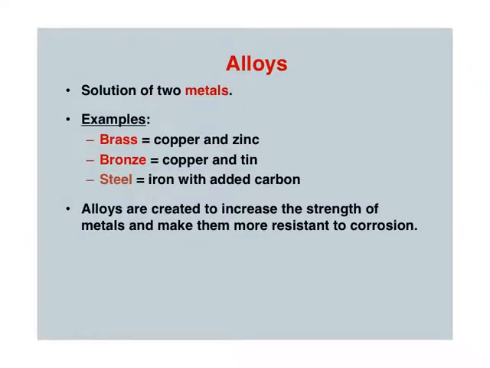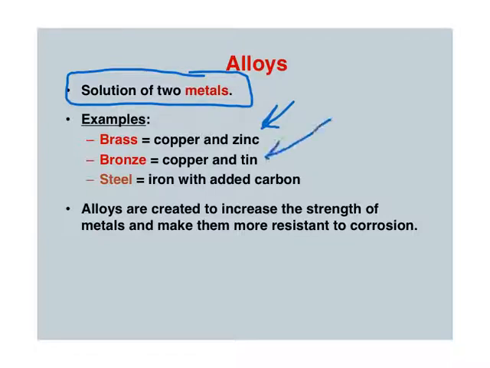Oh, here's the alloys that we talked about. This is always a solution of two metals. So most commonly it's a solid in a solid when it's cooled. Now, brass is made of copper and zinc dissolved within each other. Bronze is copper and tin dissolved within each other. And steel is iron with carbon put in there to make it a little stronger, to keep it from being as pliable. Now, these are always created to give more strength and to make them resistant to